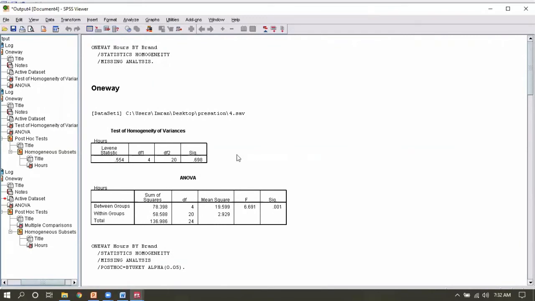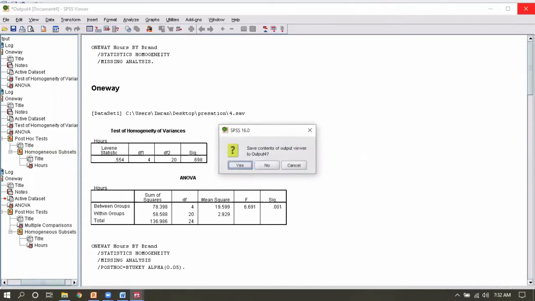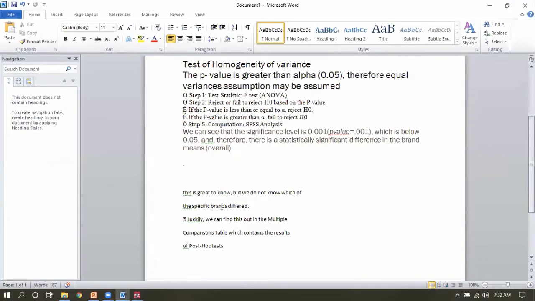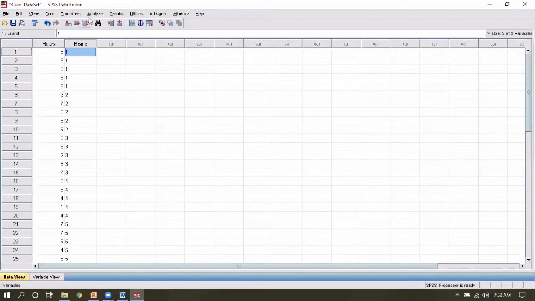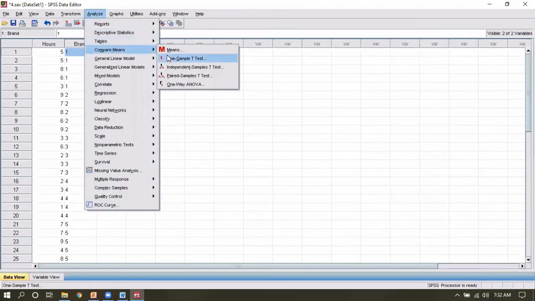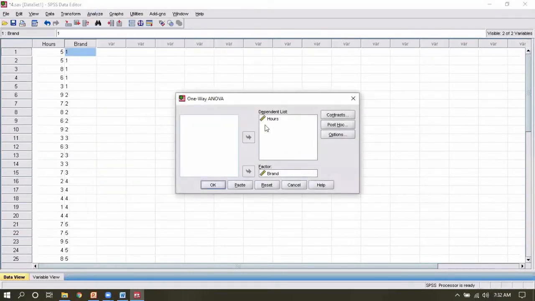Now I am just repeating this ANOVA. You can check again, clicking Compare Means, One-Way ANOVA. Our dependent variable is hours and our factor is brand.